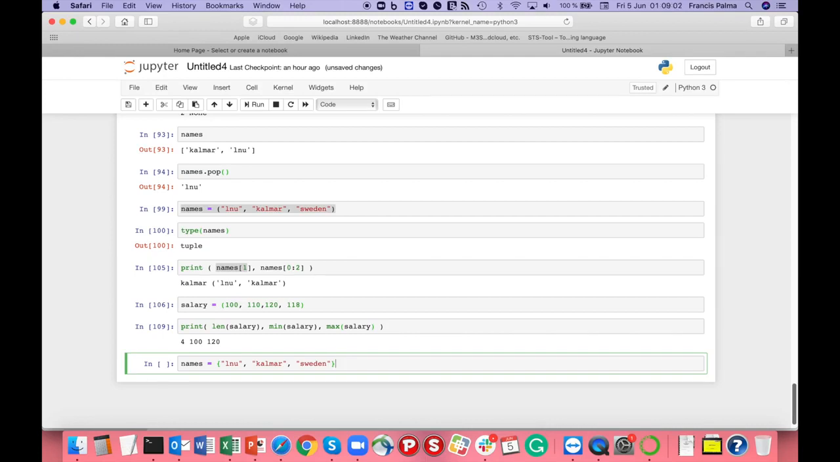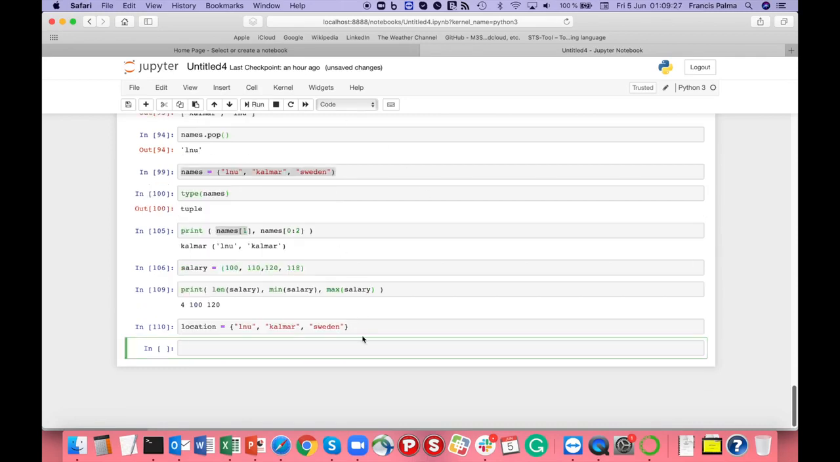There are multiple operations also that you can perform on sets, including union, intersection, difference, and symmetric difference. We can show some of the examples. So if we have, for example, let's say this location variable, and then we can also have this order variable,